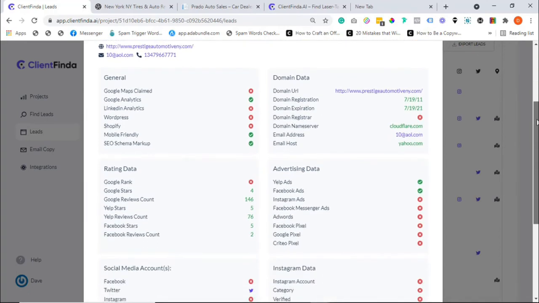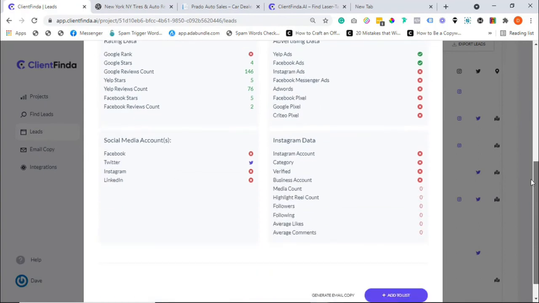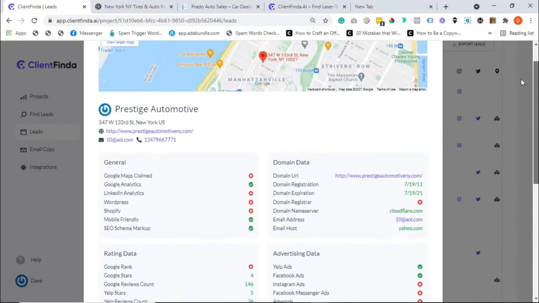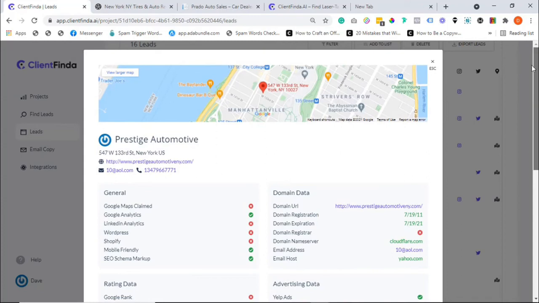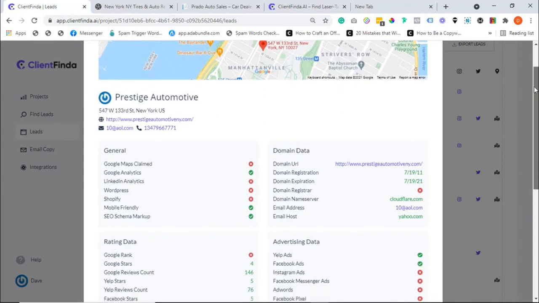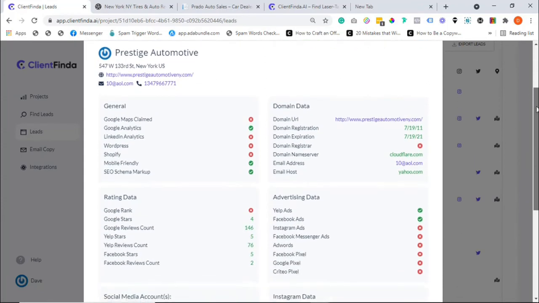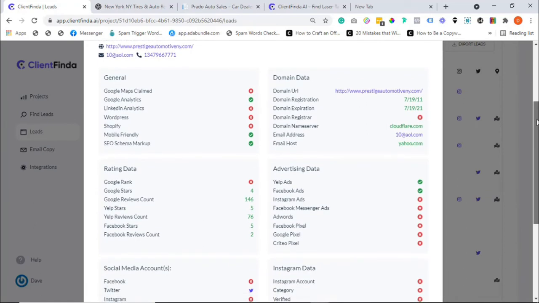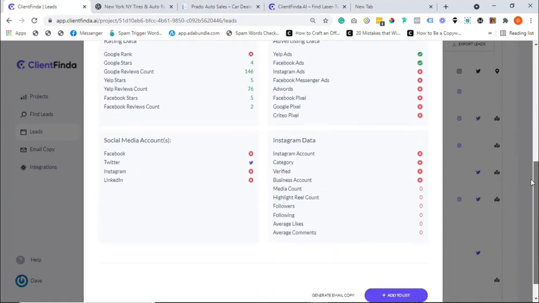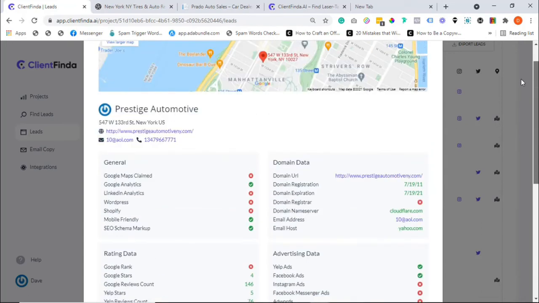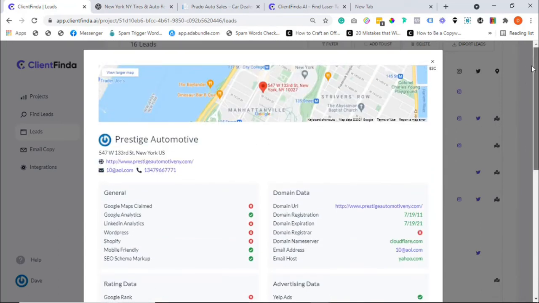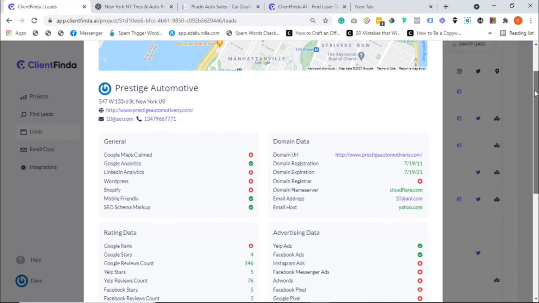Optimize your offer to fit their need, and once they are sold on the benefits they stand to get, pitch your services and charge them top dollar. It'll be easy peasy. So you see, Client Finder is exactly what you need to start closing super targeted and pre-qualified leads right now. Just imagine having a way to tell what problem your prospect is facing or what services they need even before approaching them.